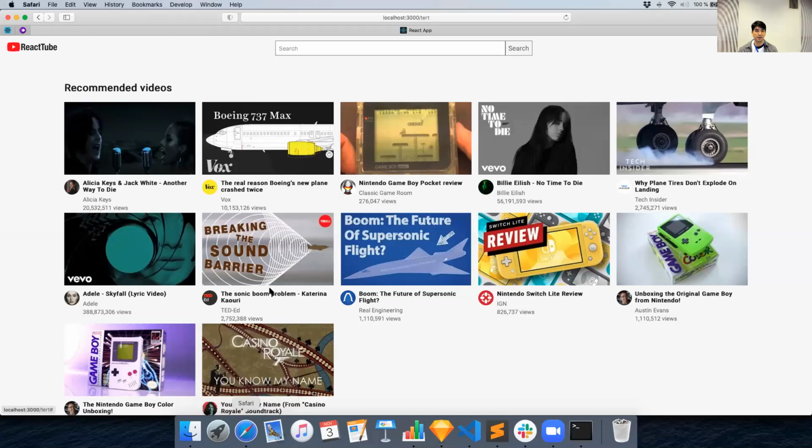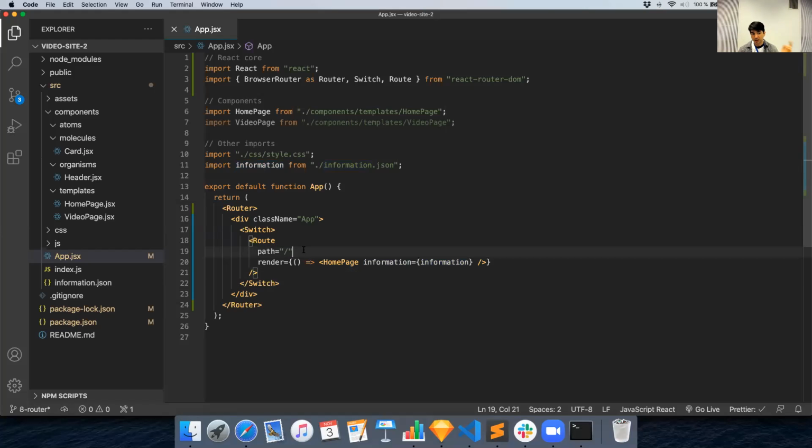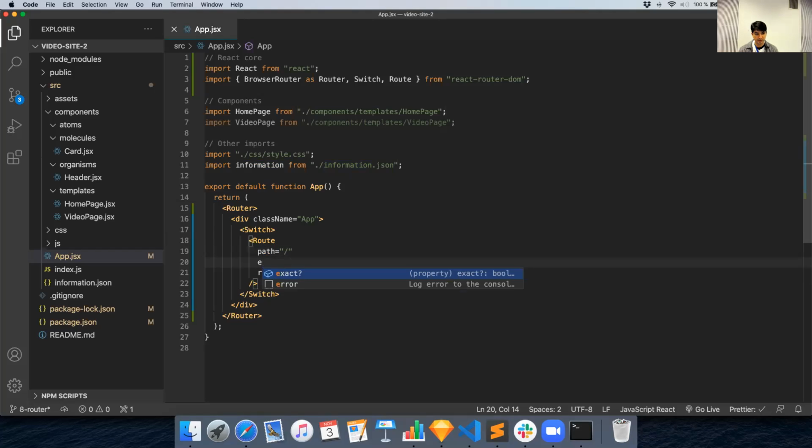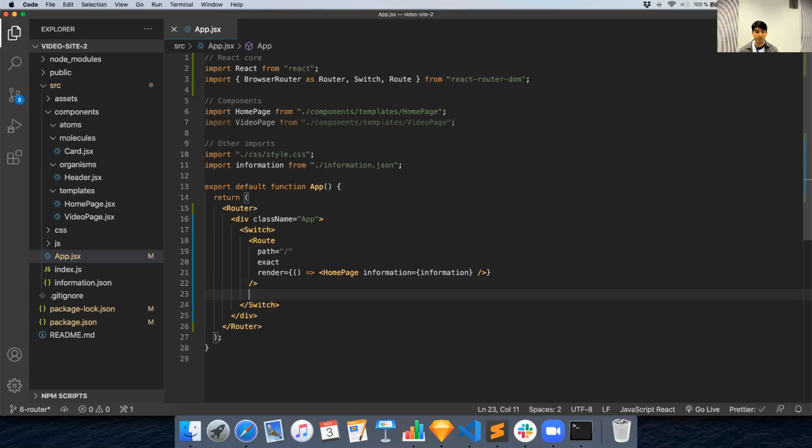So now it's working. Perfect. Now I will add one additional line, and this is called exact. This will give the priority to this particular one when we have multiple routes. There is a better explanation in the video, so please go watch the video. I will not explain this in detail right now because you need to watch the video. Otherwise, it will be a disservice to the people that actually spent the 40 minutes watching the other video. So I will create the other route